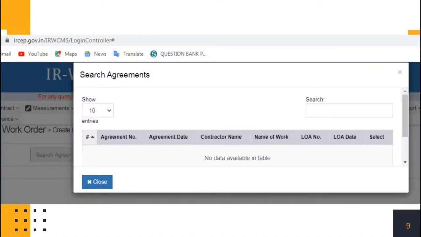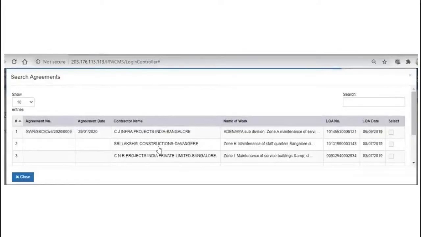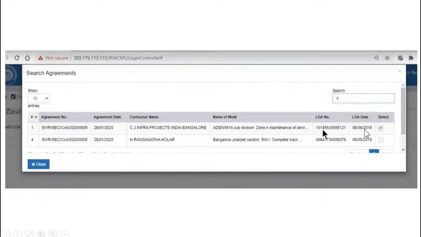From the search menu, you can type the last 4 digits of your LOA or code number, that is zone code, or your zone's location. It has to be typed in and it will list the LOAs. Since I have not been allotted with any LOA, we are taking screenshots from another video by Mr. Satyanand and we are using here. Say he has typed search and he has selected, it is listing 2 zone works. Out of these, he is selecting 1.